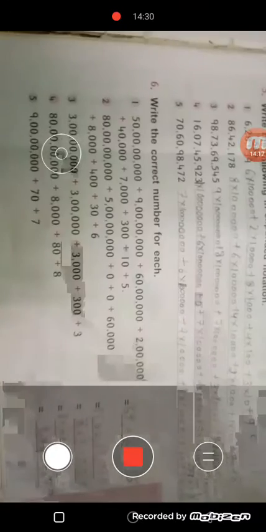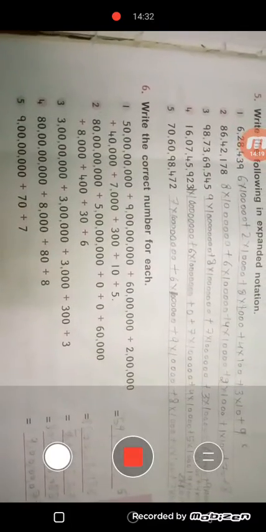Our next topic is write the correct number for each. Here we are given expanded notation. We have to write numbers like this by using this. Okay, so let's start doing